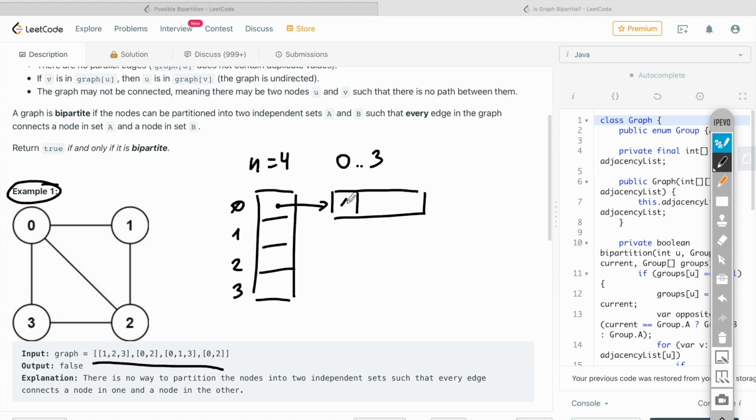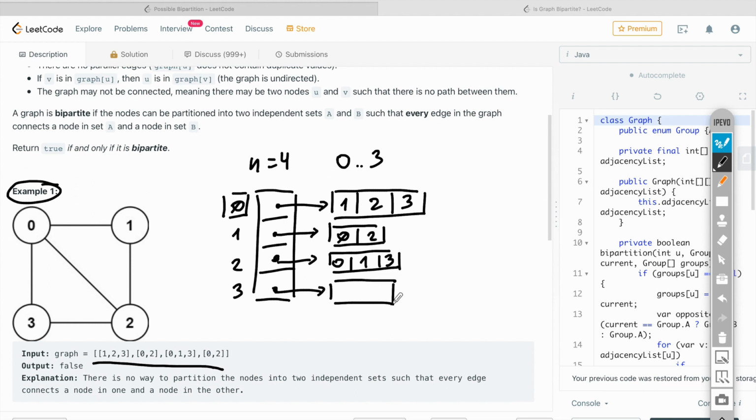In our case, for node 0, 1, 2, and 3 are its neighbors. For node 1, it's 0 and 2. For 2, it's 0, 1, and 3. And for the last one it's 0, 2.